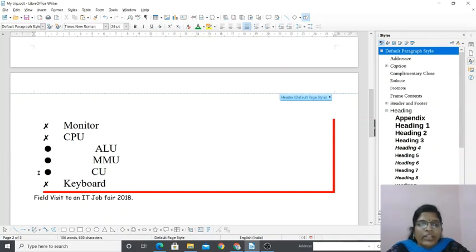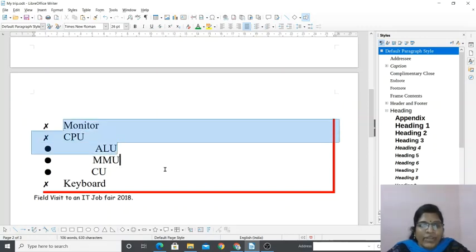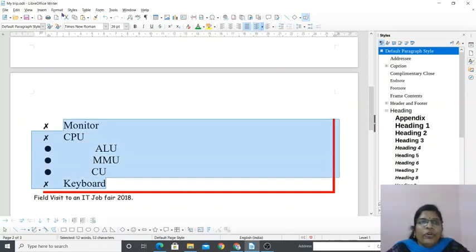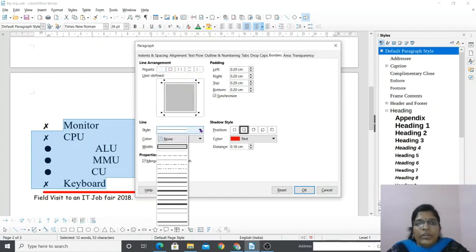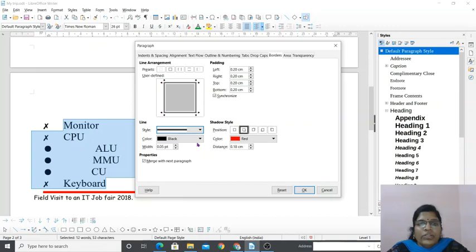Are you thinking that the remaining two borders are not covered? Because that is a preset style. No one noticed that. Let me do it again. Let me select it. Go to Format, Paragraph. So here, do you see, if you want all borders, you can choose all borders, then you will get all border style. Choose the color.